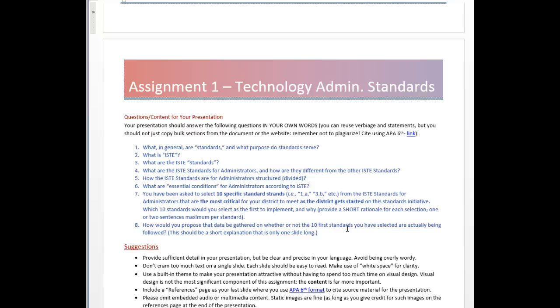What the standards are, what the purpose of standards are, to describe what ISTE is, what the ISTE standards are, what the ISTE standards for administrators are, and how are they different from the other ISTE standards, how the ISTE standards for administrators are structured and divided, what groups they are divided into, what are the essential questions,